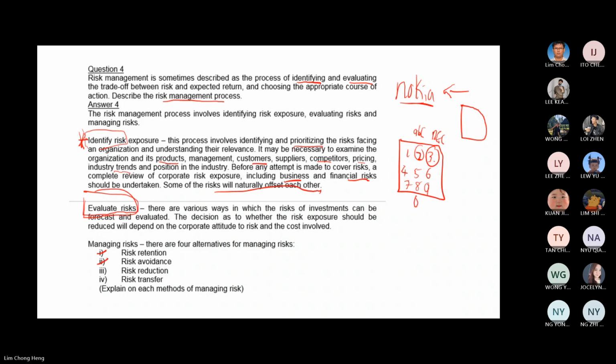Okay. The second method is risk avoidance. That means if there is risk, you say I don't want to invest. This method is suitable during crisis time, because during crisis time there is a lot of uncertainty. But for the long term, it's not. For the long term, you will lose your market